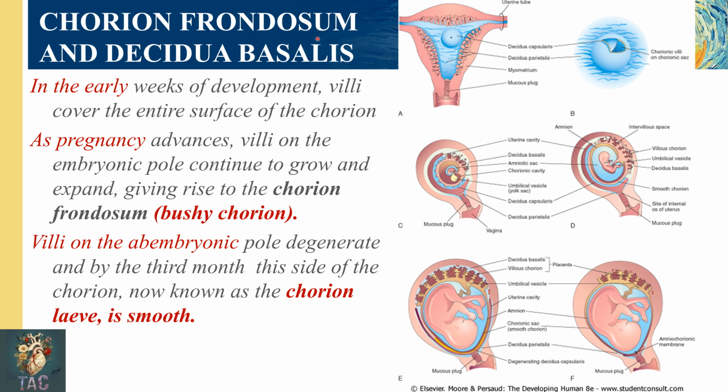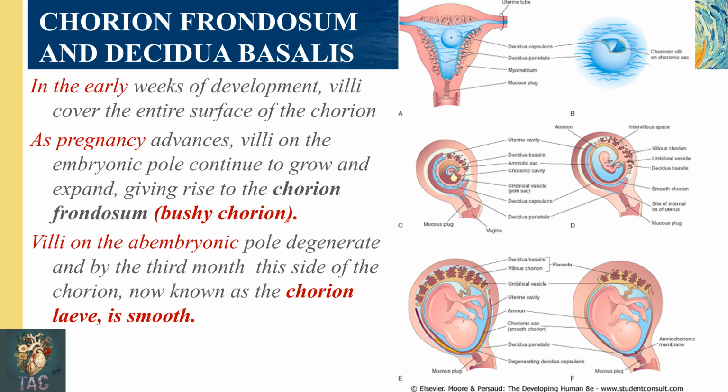So what is chorion frondosum and decidua basalis? In early weeks of the development, the villi cover the entire surface of the chorion. So in this diagram you can see these villi are developing and they are covering the entire surface of the chorion. Later at the embryonic pole, the development continues, and this chorion will form the chorion frondosum, which is also called